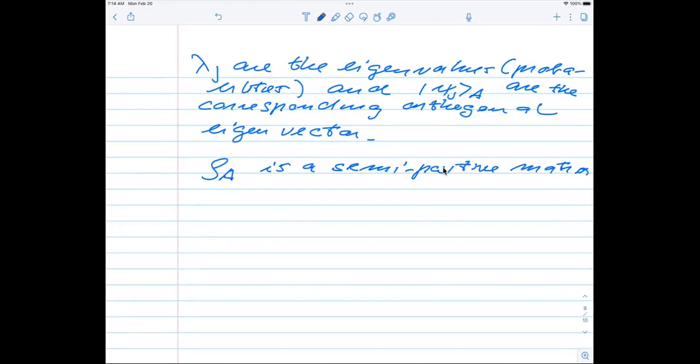It also represents a convex quantity. We know that since this is a semi-positive definite matrix,